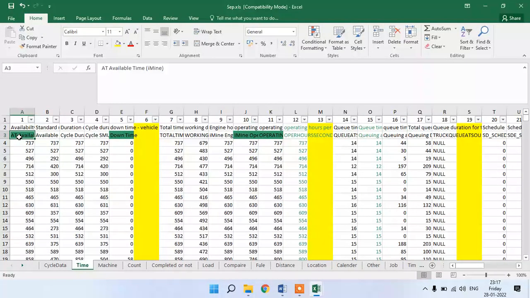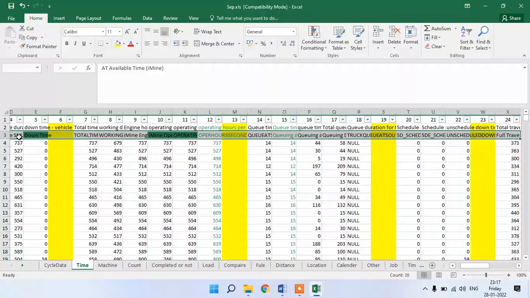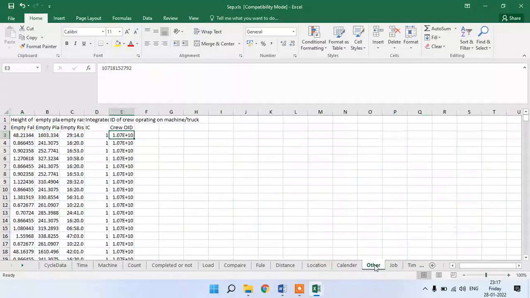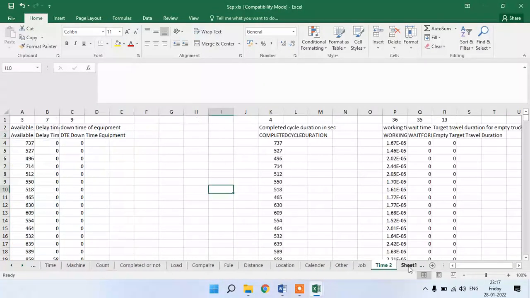There are a total of 43 columns related to time out of the 93 columns. Here it shows 37 because I separated the data that is not required into another sheet.